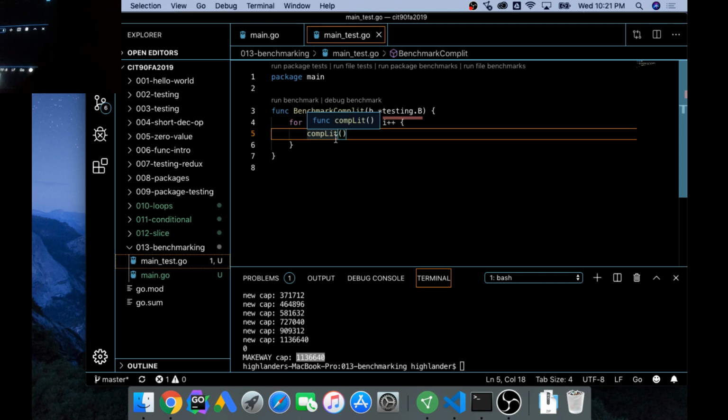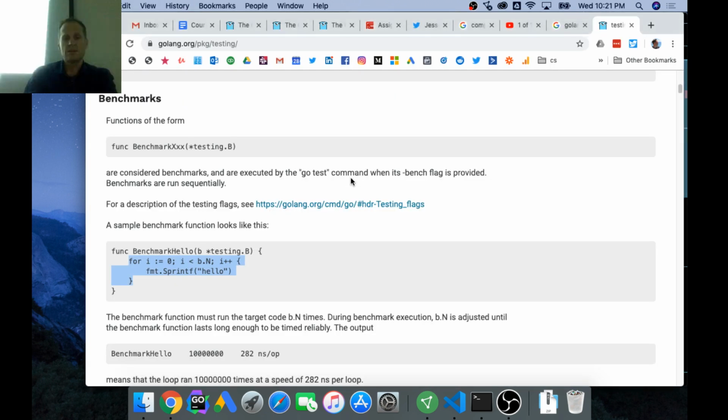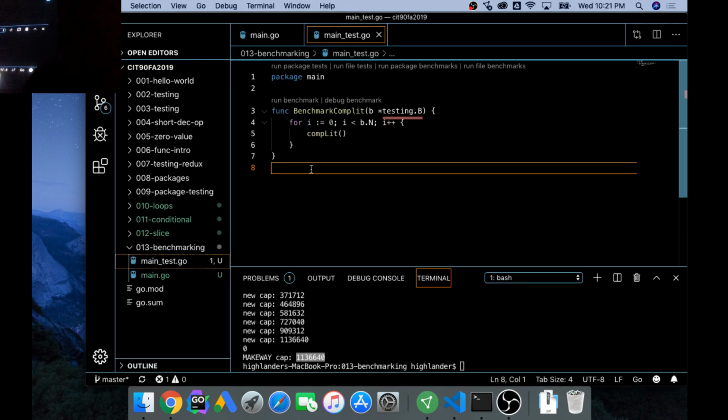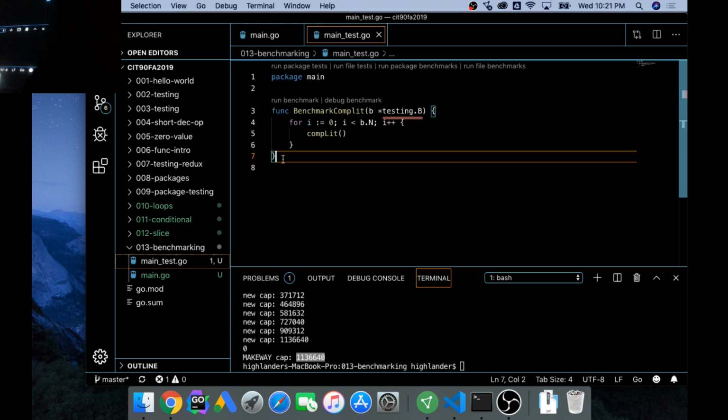How long did it take me to do each of those, on average, over 100,000 times? So I think that's it for benchmark. Nanoseconds per operation, right? So let's benchmark CompLit, and now let's benchmark,